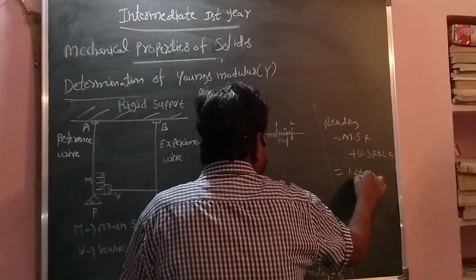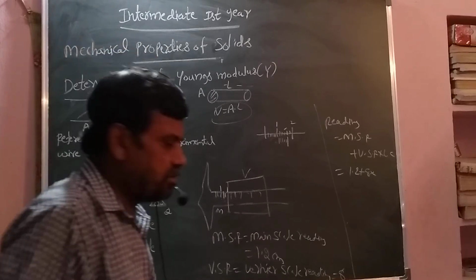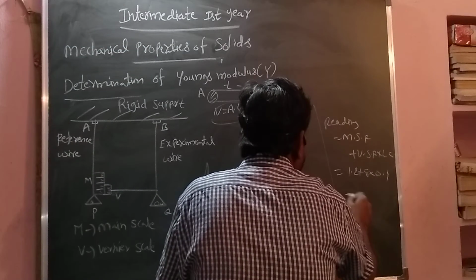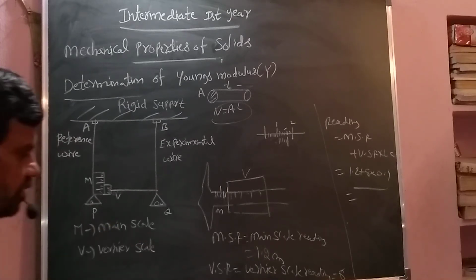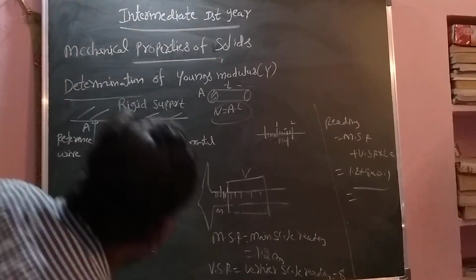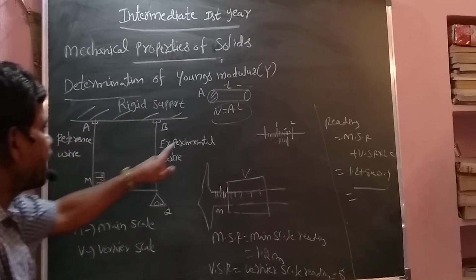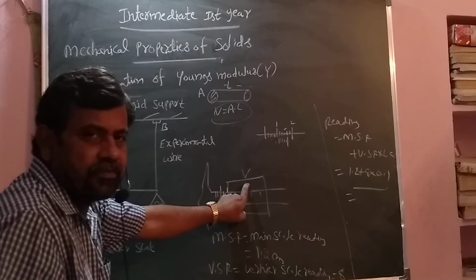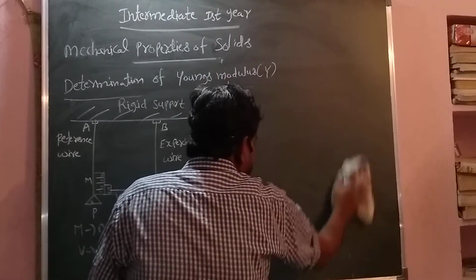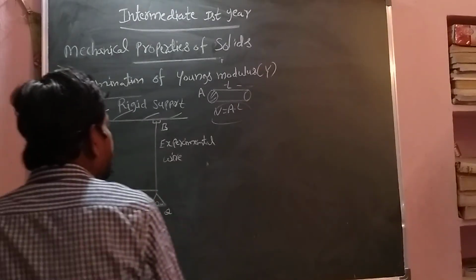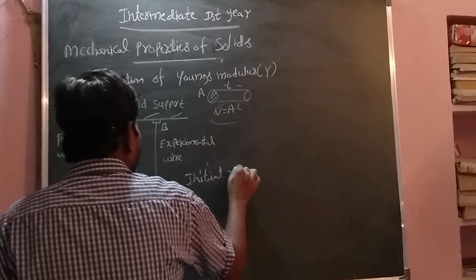Generally, what is the least count? 0.1. What is the least count of the vernier scale? 0.1. So in that way we calculate the reading. In that way, the first initial reading we record, and we take it as L1. The main scale is connected to the reference wire and the experimental wire is connected to this vernier. So what is the first reading here? The initial reading is L1.